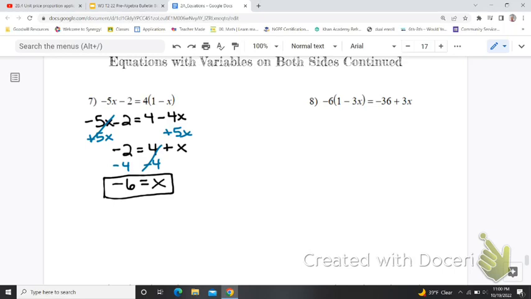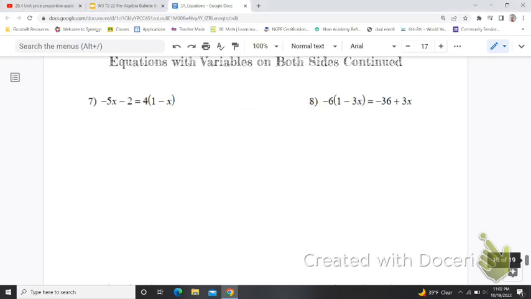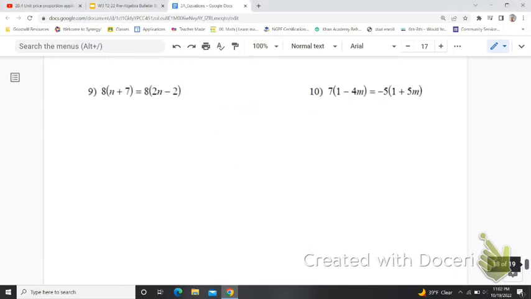Alright, there are a couple problems at the bottom that have 2 sets of parentheses, so let's take a look at one of those. So let's take a look at number 9. So I'm going to distribute on both